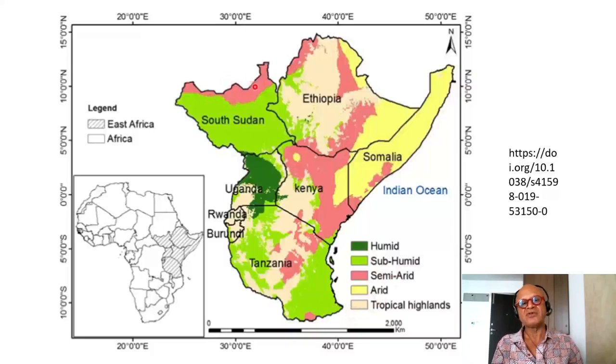And you get semi-arid regions at the northern end, of course, and arid regions here, complicated distributions of the semi-arid between humid, subhumid, and arid, and there are tropical highlands, which are basically considered important for maybe steering the monsoon and so on. So depending on which side of the highlands you are, you can be humid, semi-humid, or semi-arid and arid, okay,